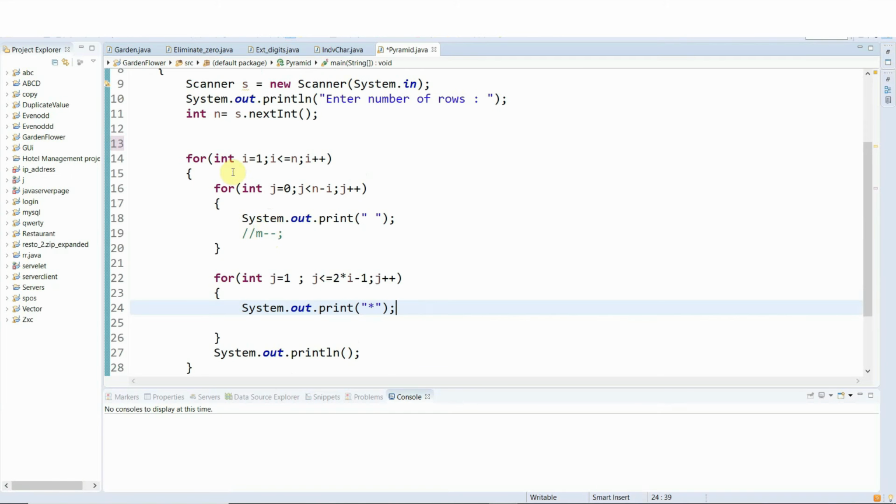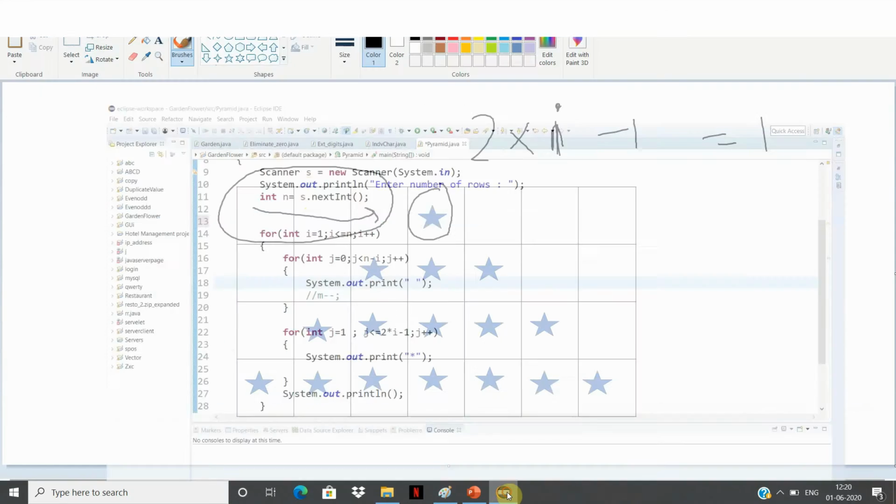In the second iteration, i equals 2, so again from j equal to 0, j less than n minus i, that is 4 minus 2, that is 2. So we print 2 spaces, which you can see here.